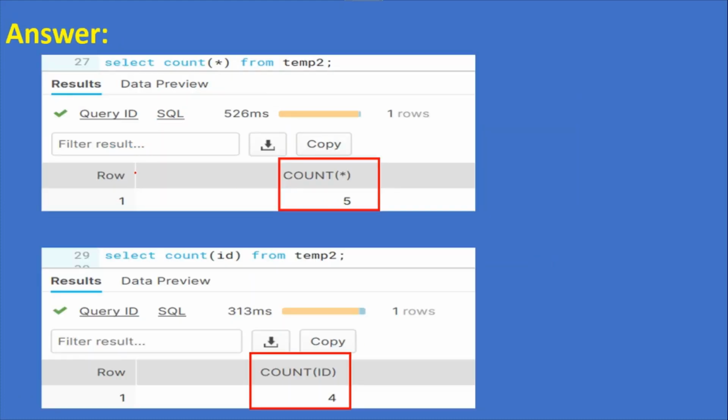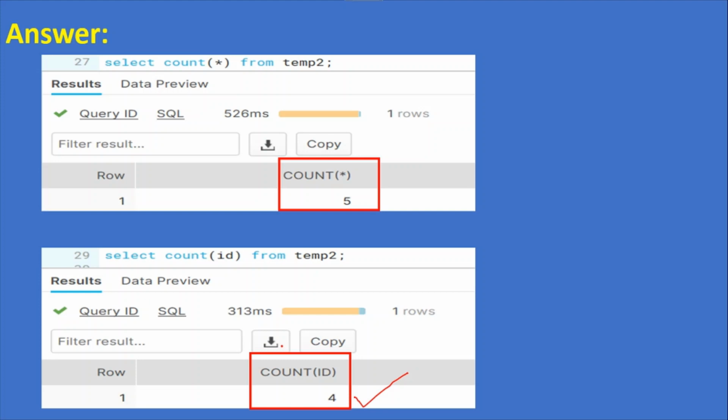The answer is that select count(*) from temp2 is 5 and select count(id) from temp2 is 4. The reason is that count(*) considers all the rows irrespective of whether they are null. However, if you specify a particular column in count(id), and that column is null, it will ignore that row.